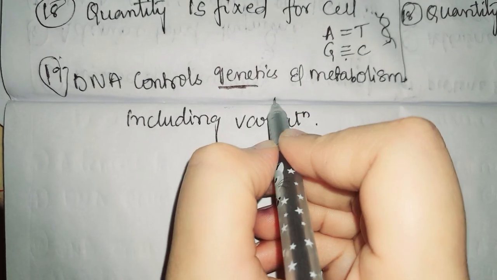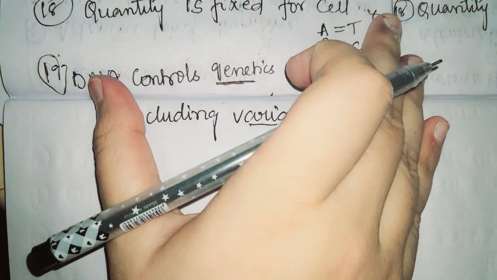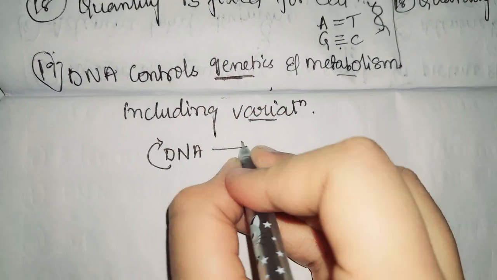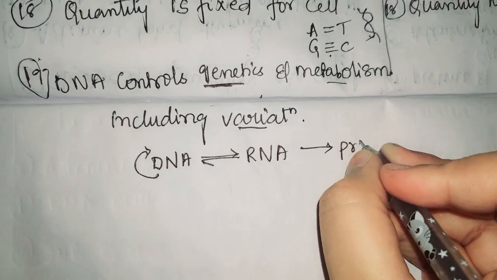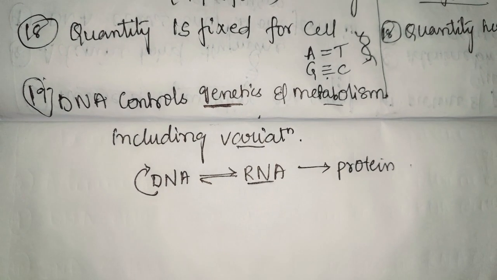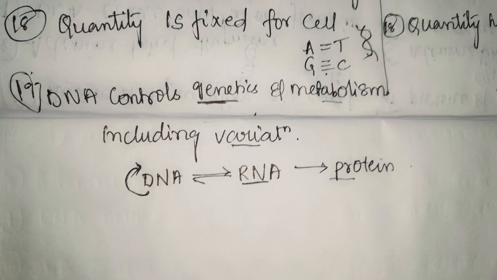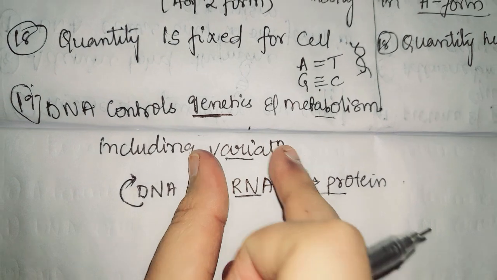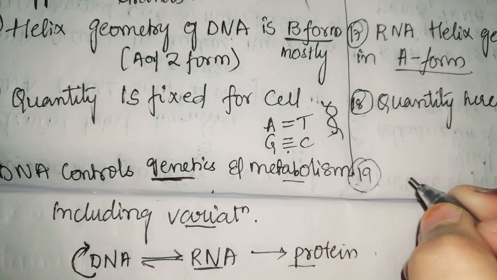DNA controls genetics as well as metabolism and variations by itself, because DNA is the only one which starts the cycle of the central dogma of life. It is only controlling the process of RNA and protein release. It is only controlling the process of giving the DNA again. So it is responsible for genetics, for metabolism, as well as for variation in the protein. Can we write the difference? And if we talk about the RNA,